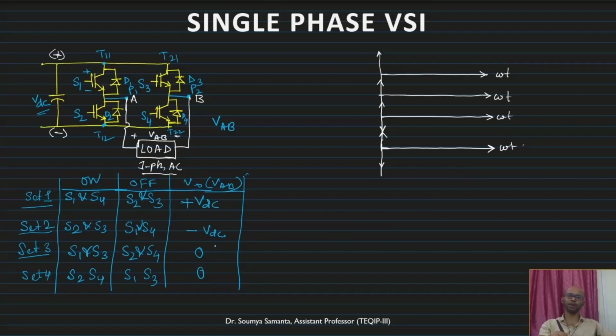So we are getting some redundancy here. Both the cases we are using this one. This redundancy can be utilized to reduce the switching losses, to reduce the number of switching. So accordingly, what voltage we have got here? We have got the voltage.